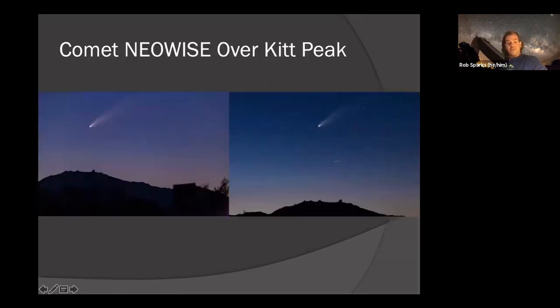One thing I used it for last summer was to get Comet Neowise over Kitt Peak. So these are Comet Neowise high in the sky. Unfortunately, Kitt Peak was not open to the public during the summer, and last summer we shut down hard. Boy, did we shut down hard. I kept telling the administration I wanted to go up Kitt Peak and get pictures of Neowise over Kitt Peak, and they kept saying no and no and no. So I tried for weeks to get them to let me go up there, and they would not let me do it.